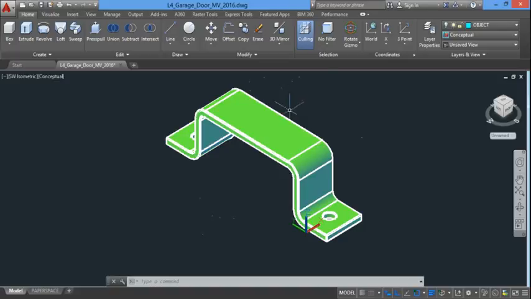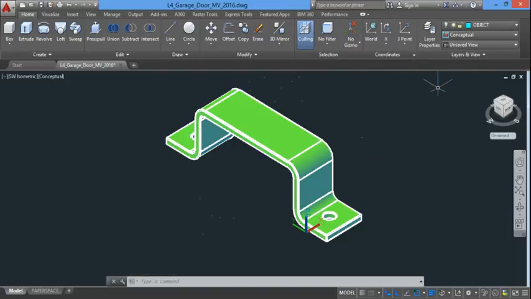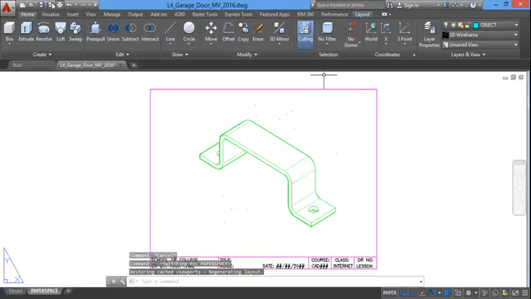Now, the gizmo is active at this time, which is why you keep seeing it pop up. In 3D, that typically happens. The move gizmo is the most common one we see, as you see right there, that icon. So if you want to take off the gizmo, you can right there by clicking on no gizmo. Okay, lots of new features, like I said. Here we are in Paperspace. When we print,